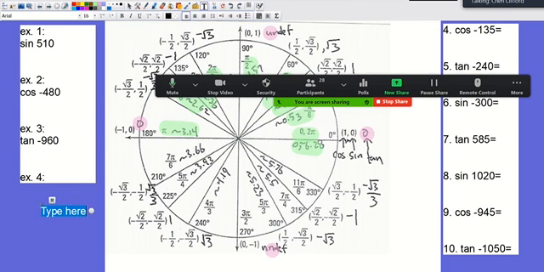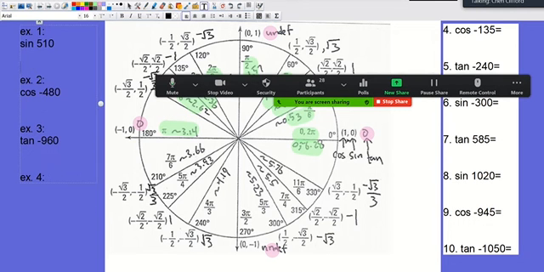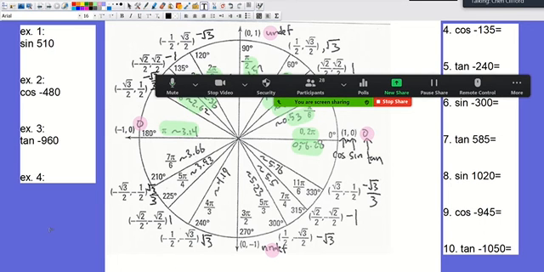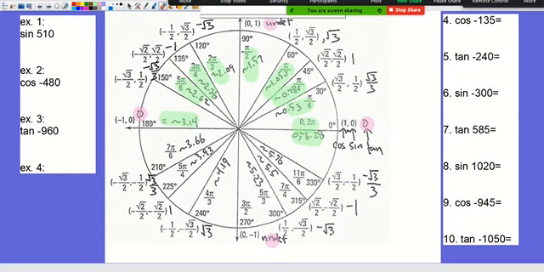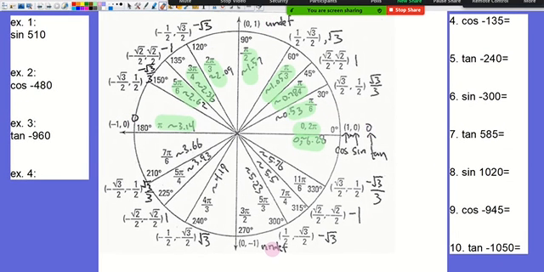Let's say we have these three problems here, on the left side, example 1, 2, and 3. Let's say it's asking you for the sine of 510. Now 510 is greater than 360, so we have to take out an extra 360. So let's go ahead and do that. I'm going to subtract out a 360,